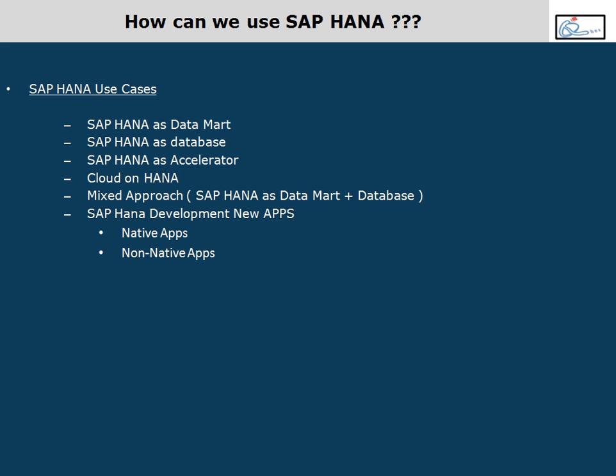So I've got two options here. One is I scrap the BW, and the cubes I already designed over the past 10 to 15 years, redesign all the modeling in HANA, and then do reporting. That is one option. Why am I doing this? To get the performance, right? One more option is, for the existing BW, you can migrate a non-HANA database to a HANA database. Instead of having BW with an Oracle database, I'll replace the Oracle database with a HANA database. Now that is BW being powered by HANA.